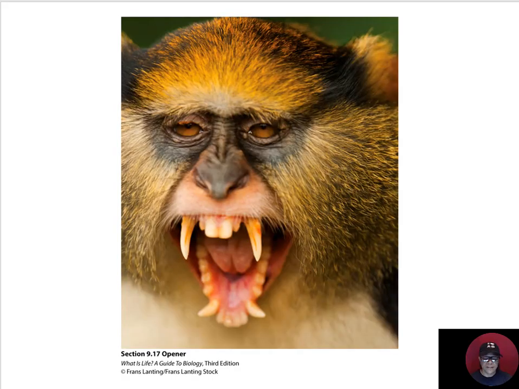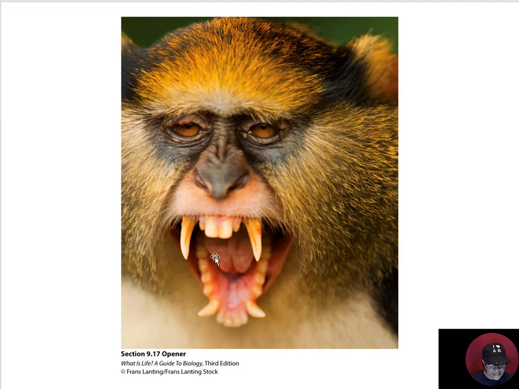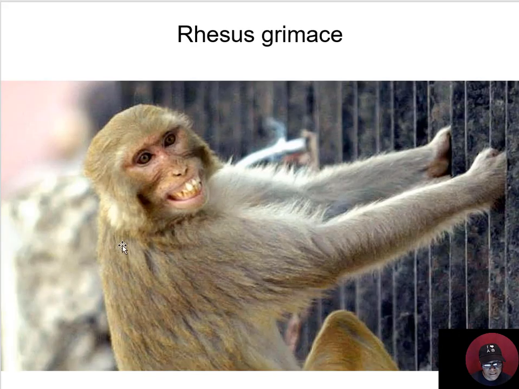And we have to be careful because sometimes we can misunderstand the cues of another organism. And so that's why there are behavioral specialists. So when we take a look at this animal here, this monkey, and he's doing this, and we see these huge teeth, and of course we're like, whoa, okay, that's very scary, right? Apparently he's threatening me. But it turns out when monkeys do this grimace,